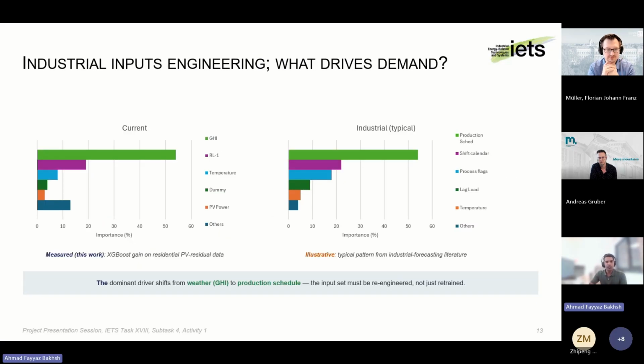So simply, if we want to talk about the importance of the inputs, global horizontal irradiation and the day before residual load play the most important role in the residual load forecasting, at least for the residential grid. But when it comes to industry, production schedule, shift calendar, and the process flags are also the most